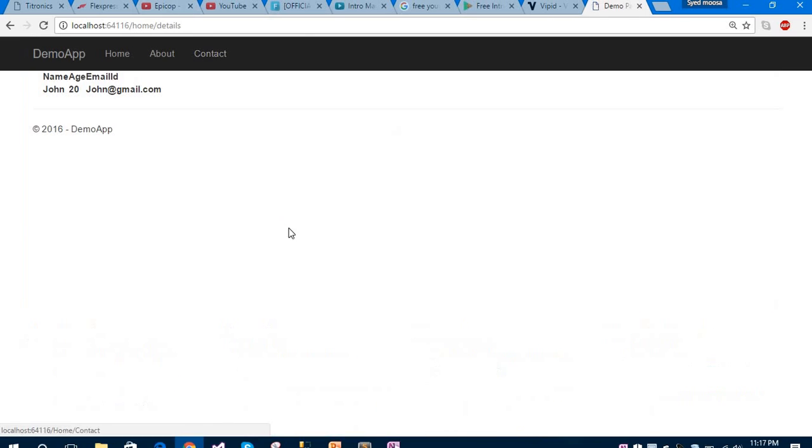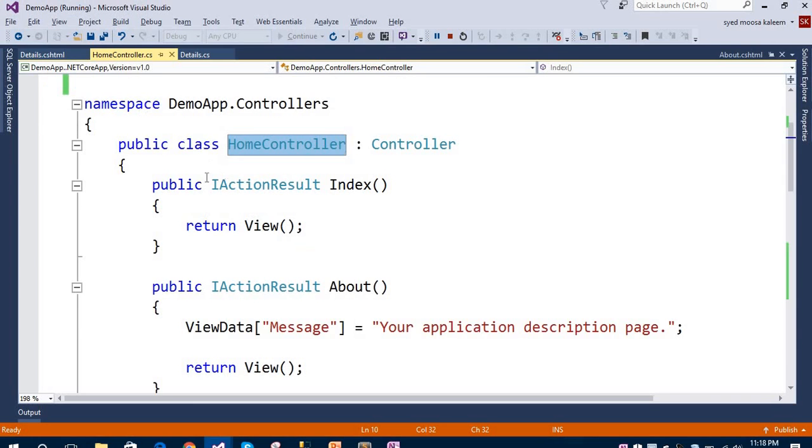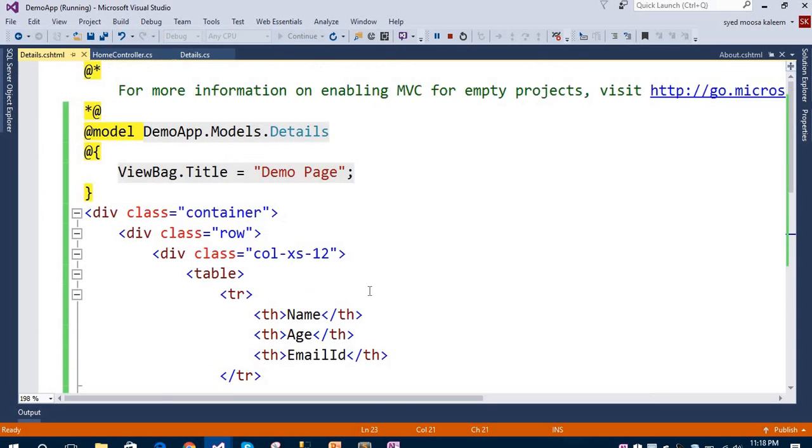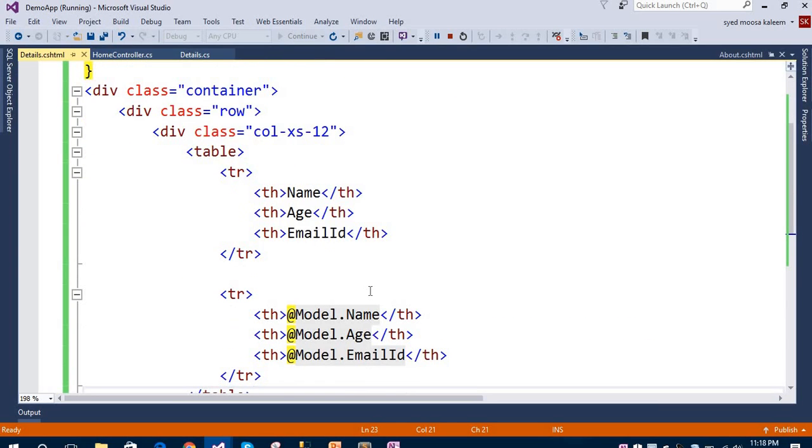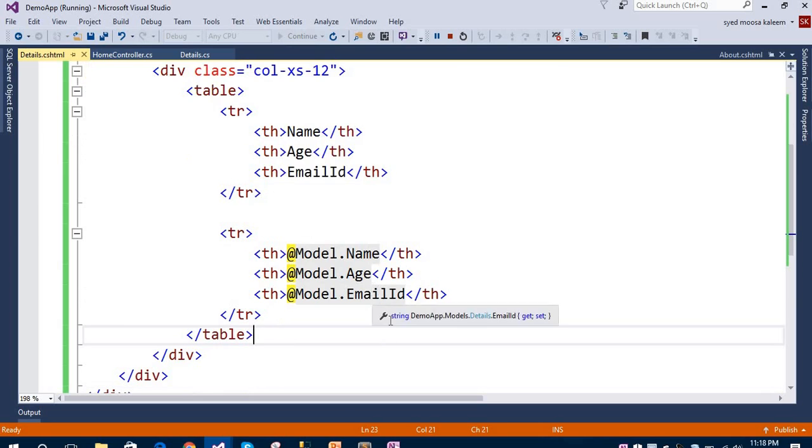Click, and you can see here our name, age and email ID is showing. Name is John, age is 20 and email ID is john@gmail.com. So on our view we have accessed the model properties exactly as we have created them in our model. So this is all about the demo application for ASP.NET Core MVC